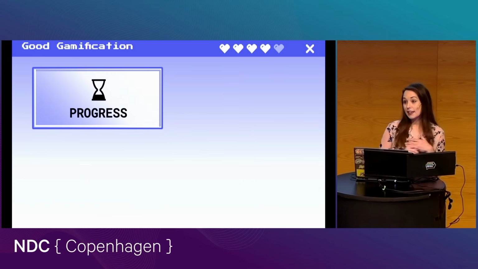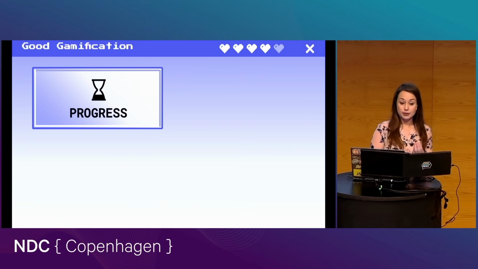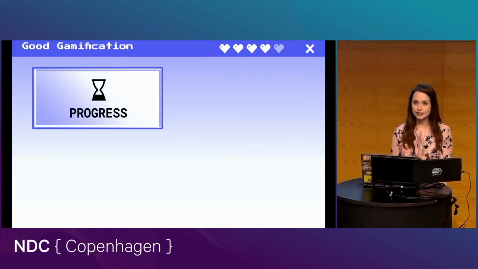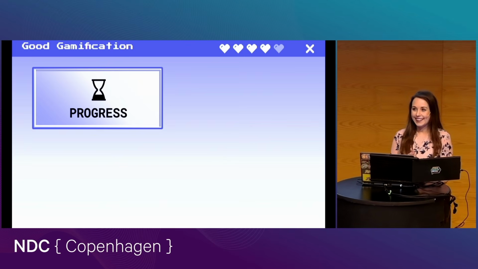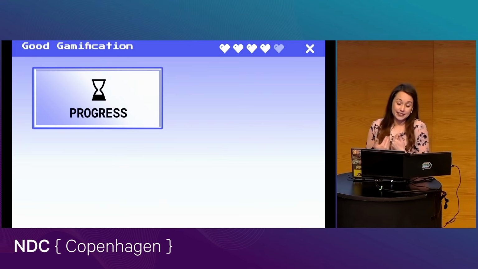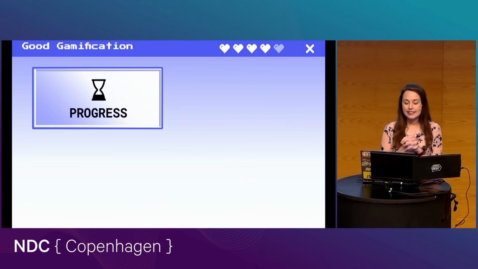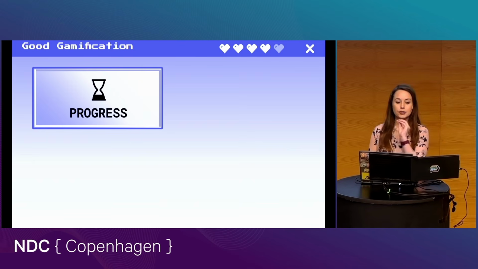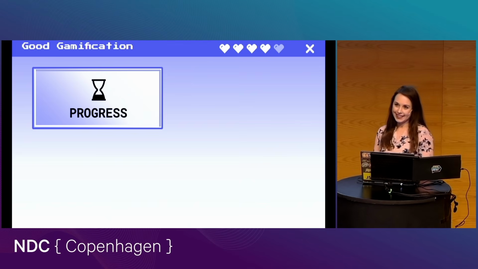So the first thing about good gamification is it does actually make your progress visible, right? One good example of this is Duolingo. They do a really good job with streaks, right? Those work pretty well. I've never actually used it myself, but I've seen a lot of my friends use it. So yeah, Duolingo actually literally describes it as a tangible, measurable number that helps keep learners accountable day to day.